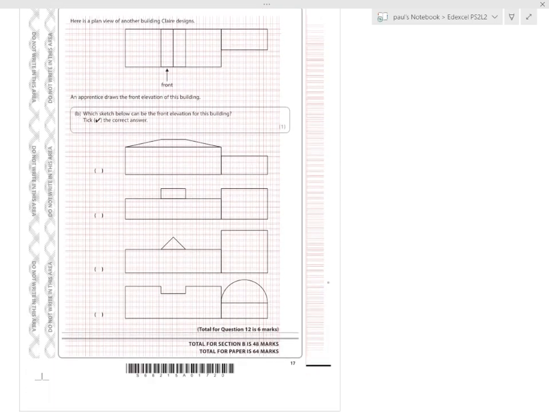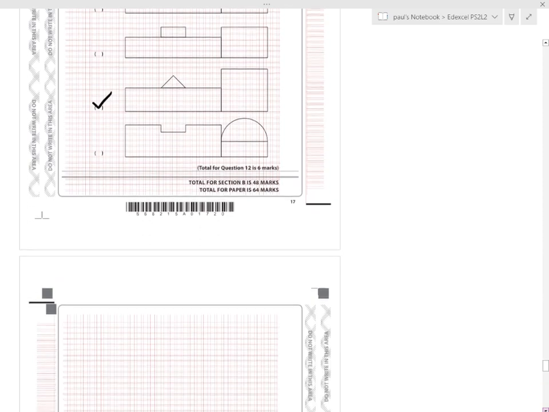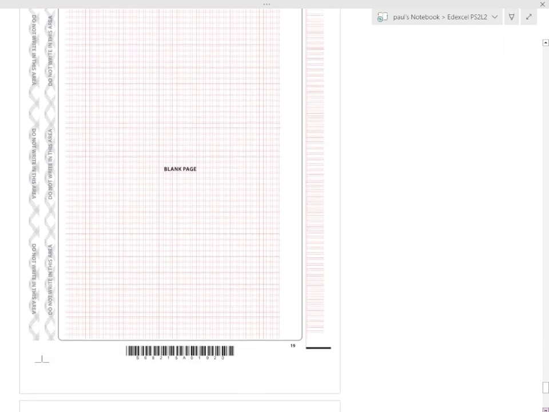Oh, what have we got here? Okay, here's a plan view of another building. Tick the front elevation. So we've got this big bit here and there's a bit on the side, so they've all got that. The only thing that gives it away is this bit here. So 3 lines, so that must be this one. That triangle bit stuck on the top. And there. I think that's the end of that, isn't it? Lots of blank pages. Okay,